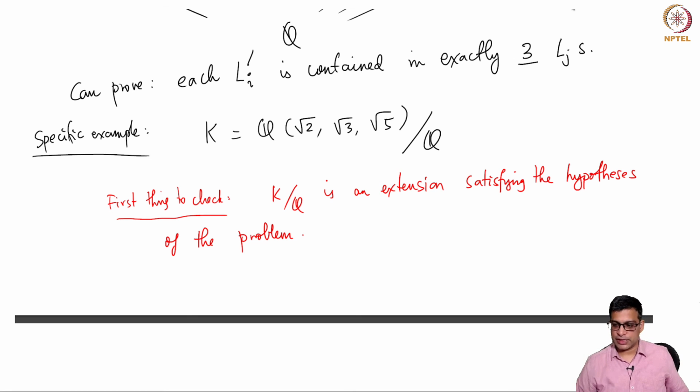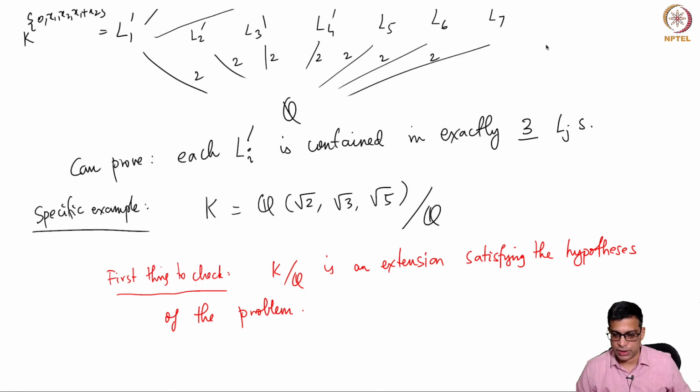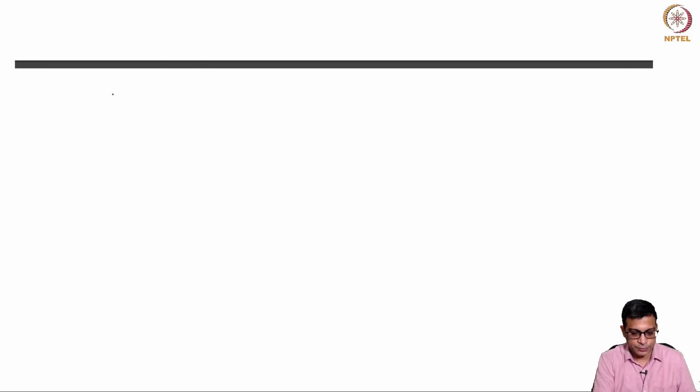So first you note that, I would like to do this in detail because this kind of thing is important. So let me carefully check some of these things. So first you have